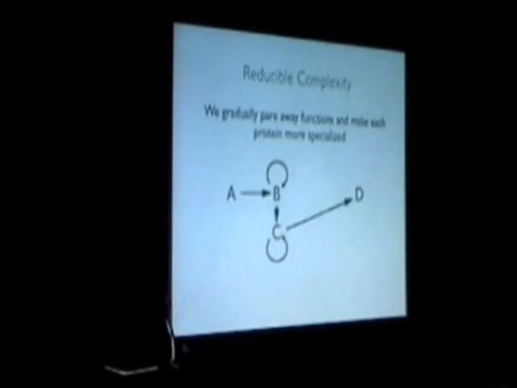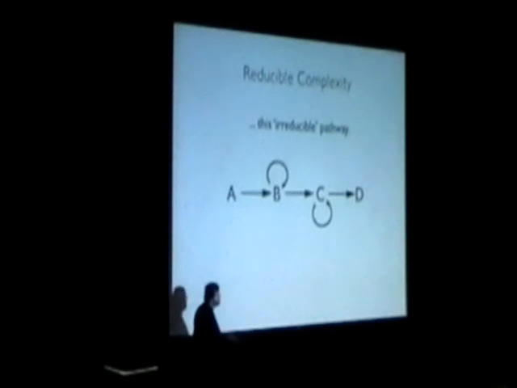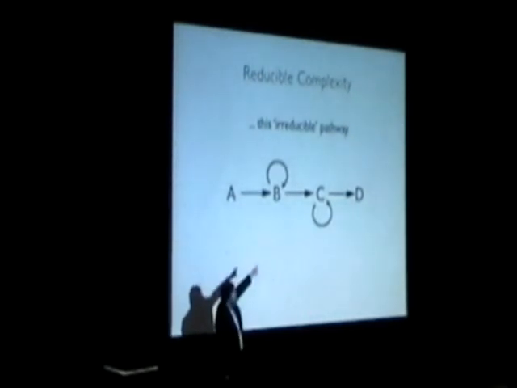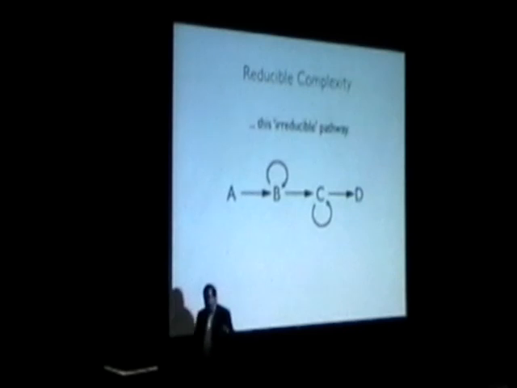So each protein is becoming more specialized. In the next slide, again, this is equivalent to this. So this is how you can take a 3-step pathway and evolve a 4-step pathway. And now at this point, this is irreducibly complex. If there's a mutation that destroys C, for instance, you don't get D anymore, right? So it's irreducibly complex, but obviously that doesn't mean that it could not be evolved. So irreducible complexity is kind of a red herring here to fool you into thinking that this could not be evolved. It says absolutely nothing about the formation of the pathway. Next slide.